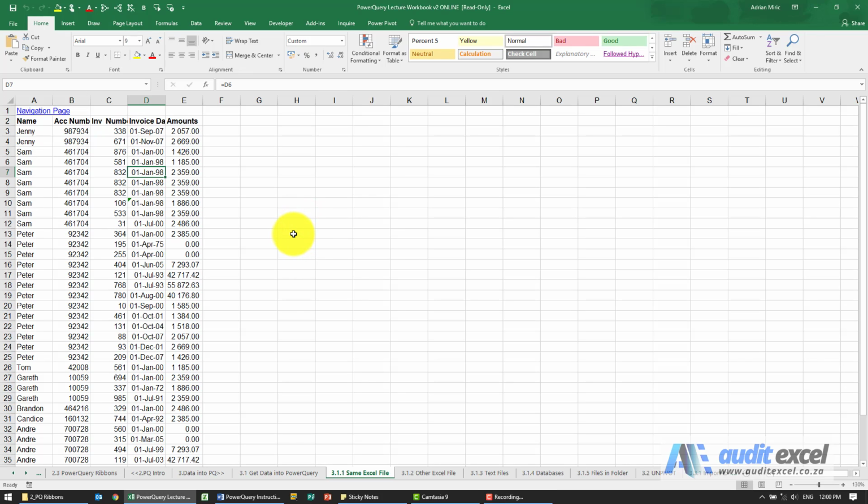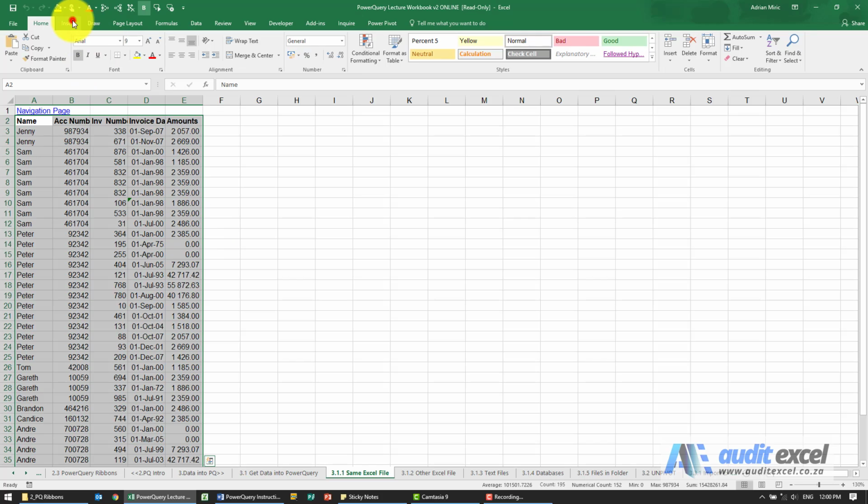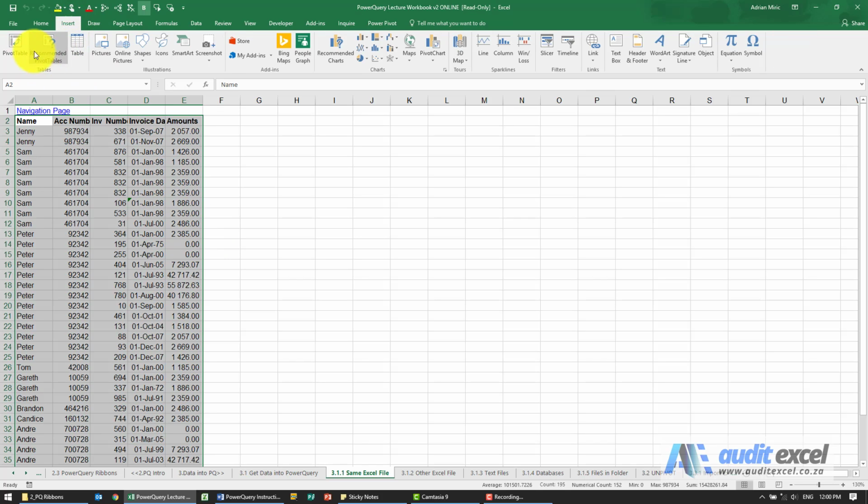In order to get data into PowerQuery from the existing Excel file, so here we've got the Excel file and a whole bunch of data, the data first has to be in something called a table form. To create a table form, you just highlight the data and you go insert, and over here you've got pivot